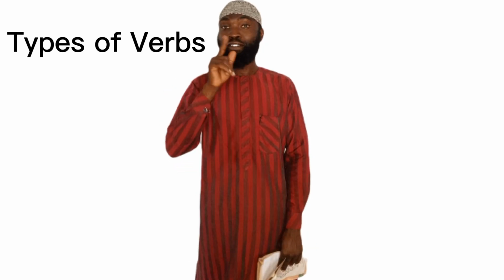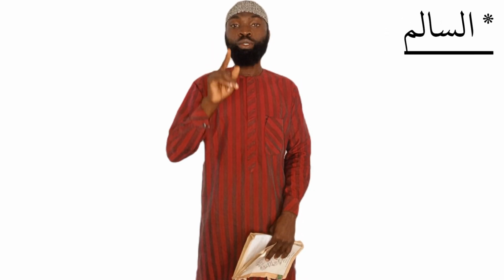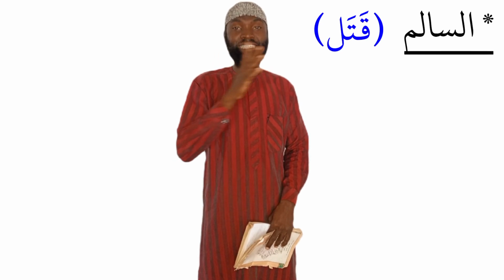Let's begin. The first type of verb we have is the al-fi'l salim, which means the sound verb. In this verb, each of the three letters is free from being a weak letter. It doesn't have the presence of alif, wa, or ya. This verb has no hamza, and none of its letters is doubled. An example of this verb is the word qatala, the word karuma, and the word hasiba. You can see all of these words are free from these weaknesses that were mentioned.